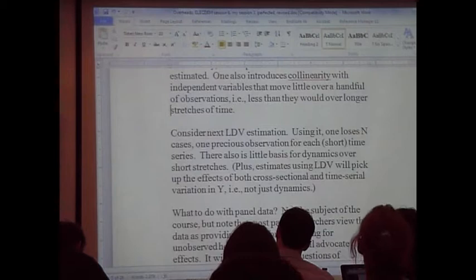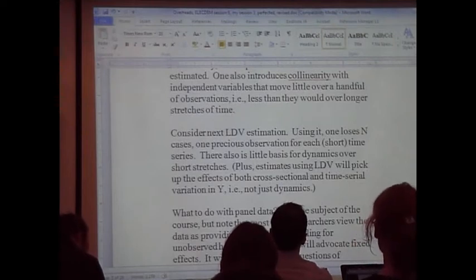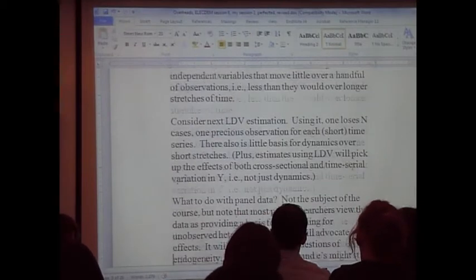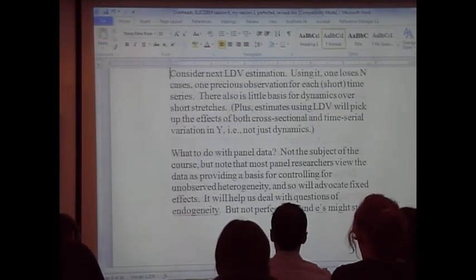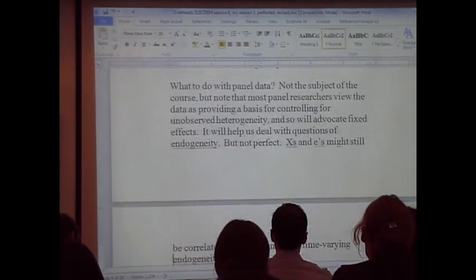There's also a little basis for dynamics over structure, right? So remember, we're talking here about panel data. Estimating using LDV will pick up the effects of the cross-sectional and the time series variation, which we've already seen, right? Not just on panels. So what to do with panel data when you have a short time series? It's not the subject of this little workshop, but